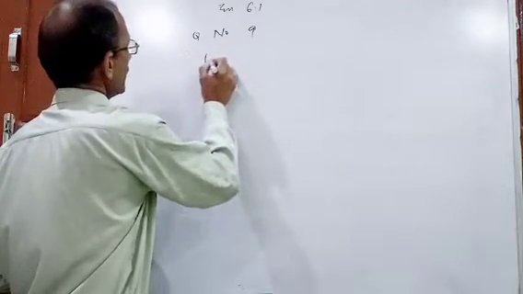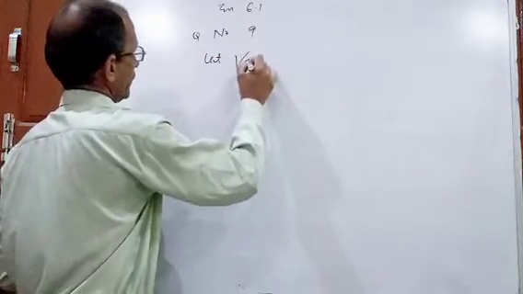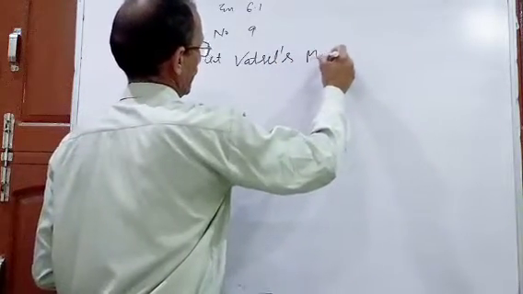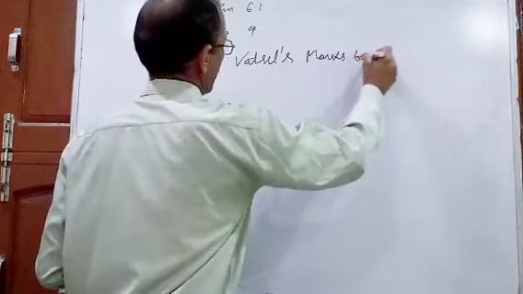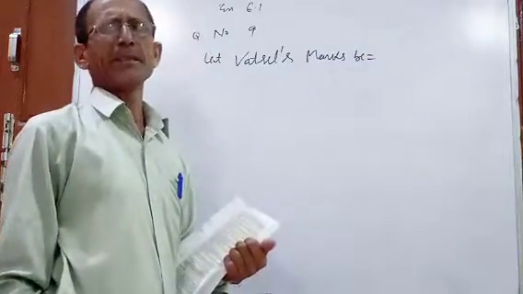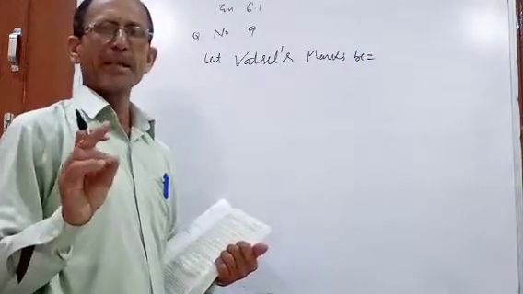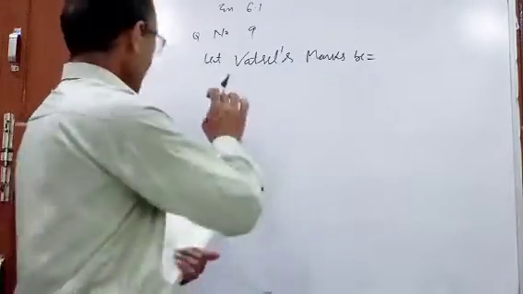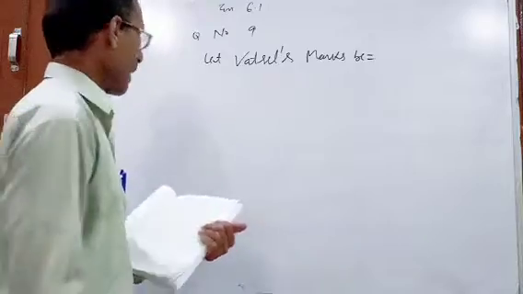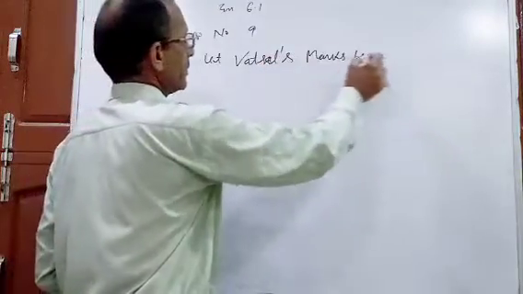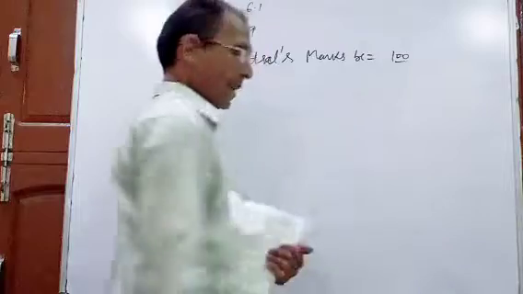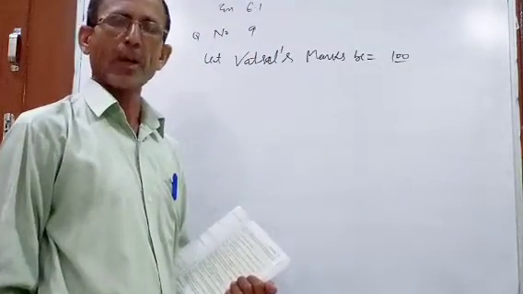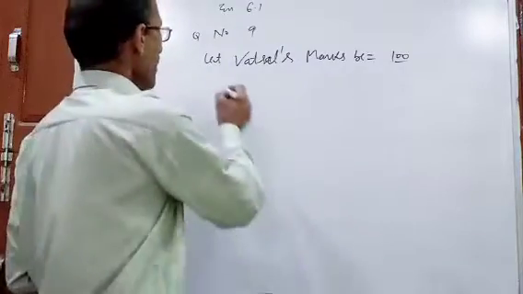Let Vatsal's marks be, you can assume 100 or you can assume x. You will assume 100, so that it will be easy for understanding. So assume 100. I assume Vatsal's marks are 100. Now Ajay is getting 20% less marks than Vatsal. Then Ajay's marks